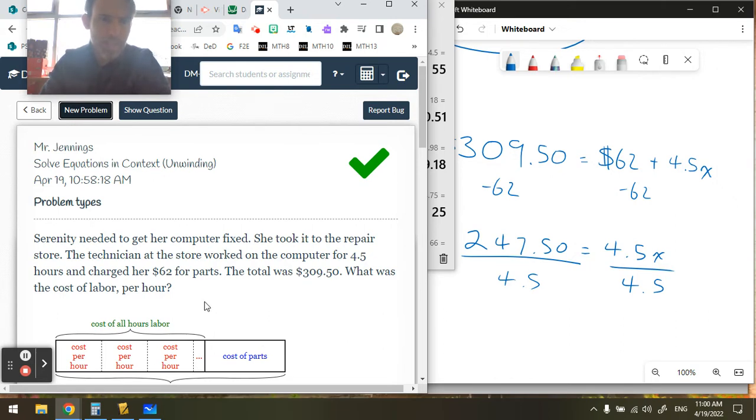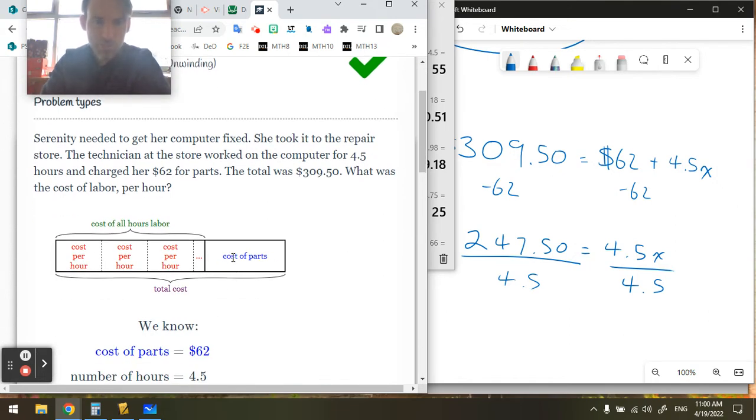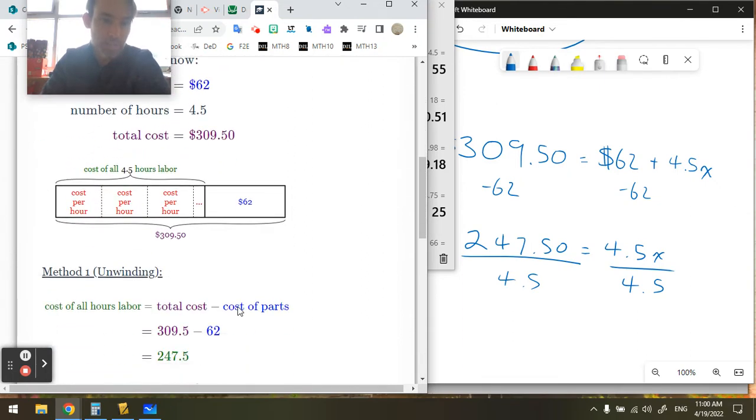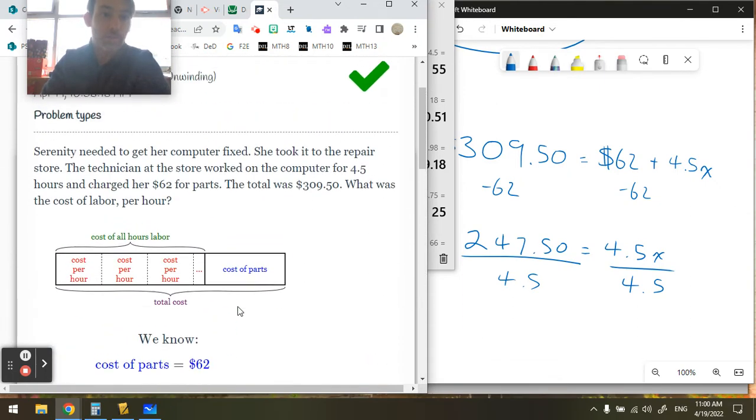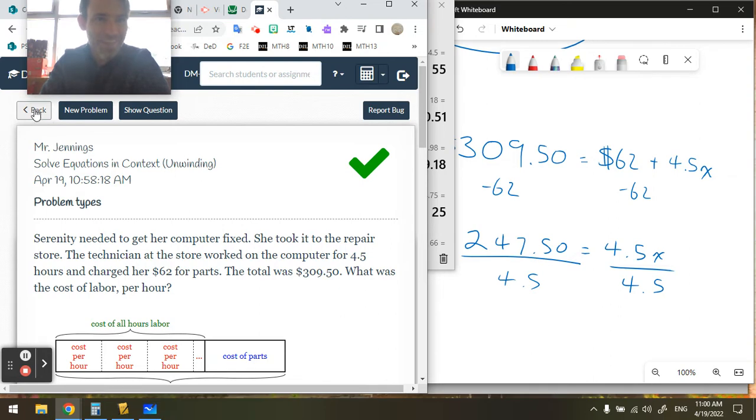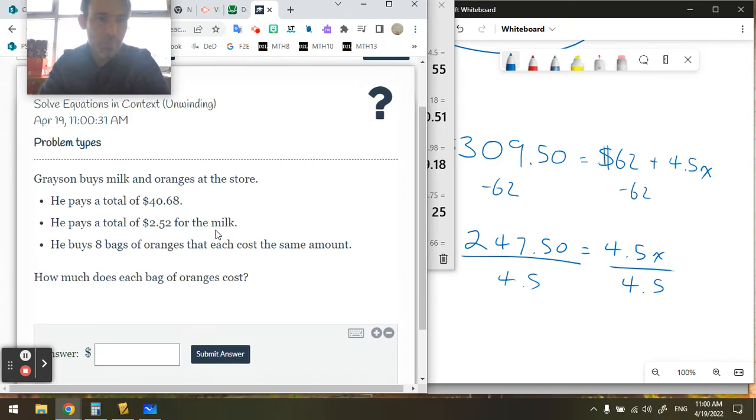And then we want to think about it this way, that if we add the cost of parts plus the cost per hour times the number of hours, that will give us the total cost here. And so look through their solutions if these are confusing to you and read them, and that will help you out. Okay. But that's how you solve these types of questions. I'll do one more. If Grayson buys milk and oranges at the store and he pays this total,